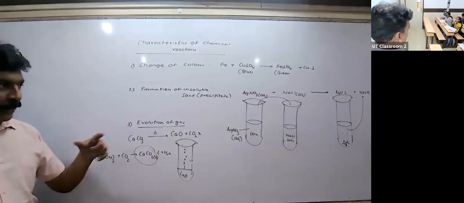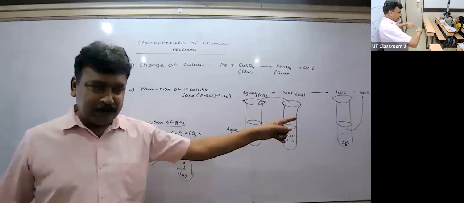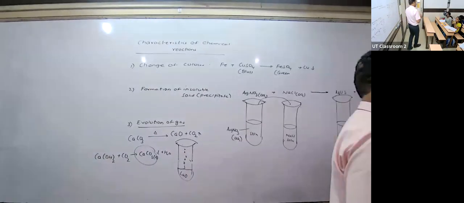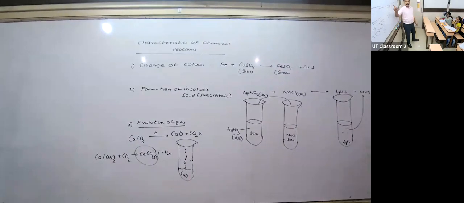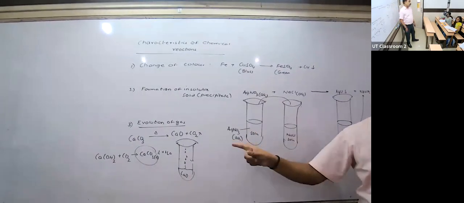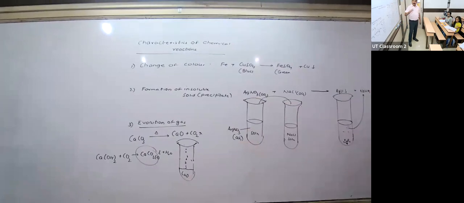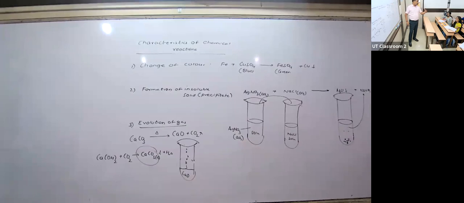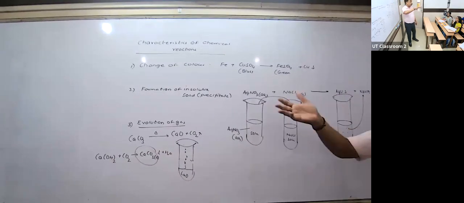When you draw each reaction as a test tube result, you will come to know the conditions and the characteristics of a chemical reaction. Okay, any other condition? Now there is one more kind: some reactions evolve heat and some reactions absorb it. That is coming in the types of chemical reactions.